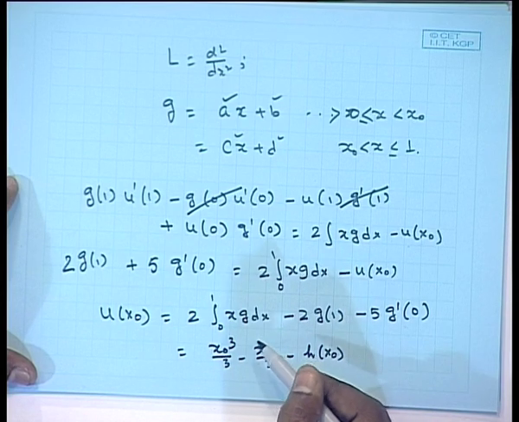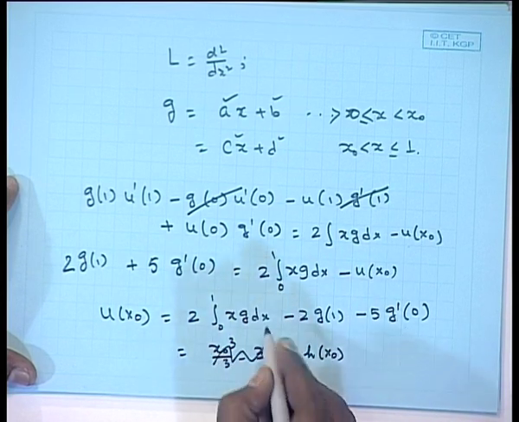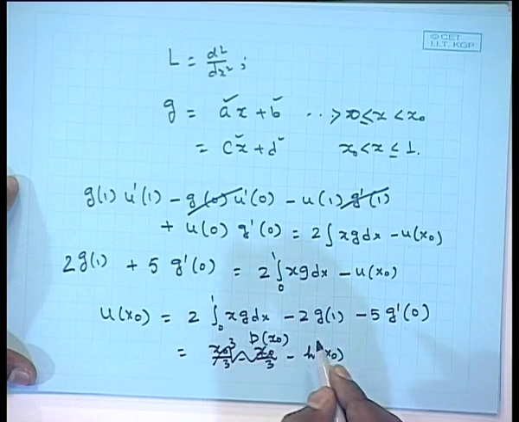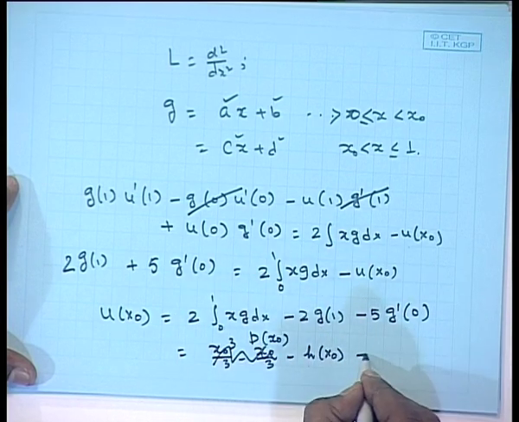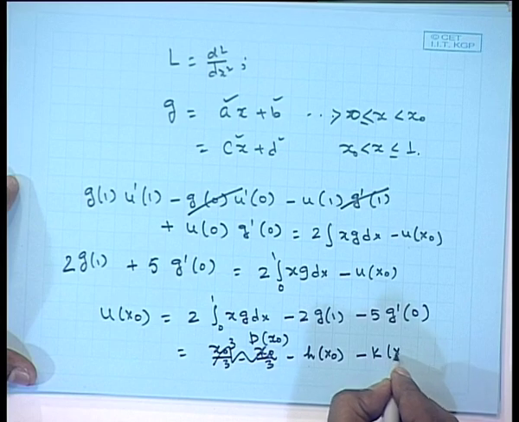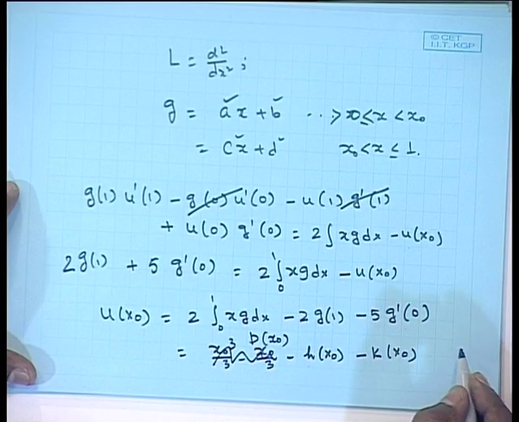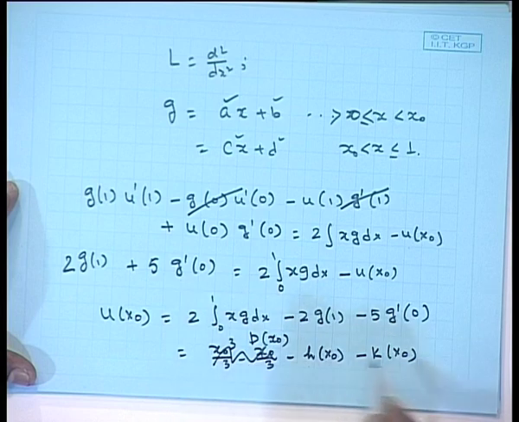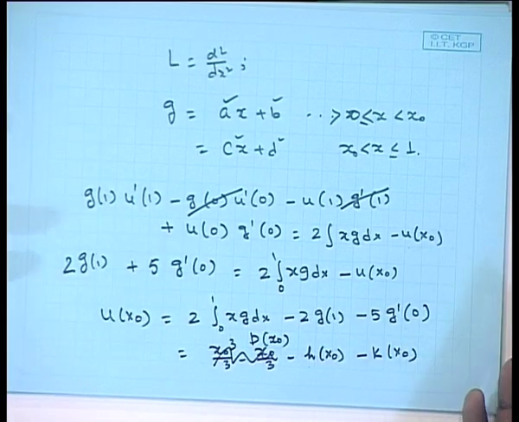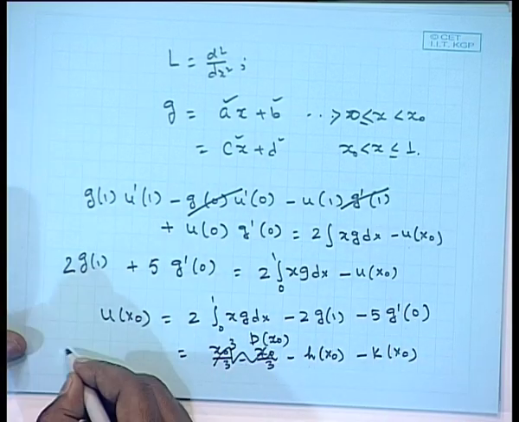Yes, that's perfectly right. You will be getting some solution, right, p x naught, minus h x naught. Similarly, here you will be getting k x naught, right. So, you will be finally getting u x naught as a function of x naught. Now, change the variable x naught into the running variable x, you will be getting the solution of u x.